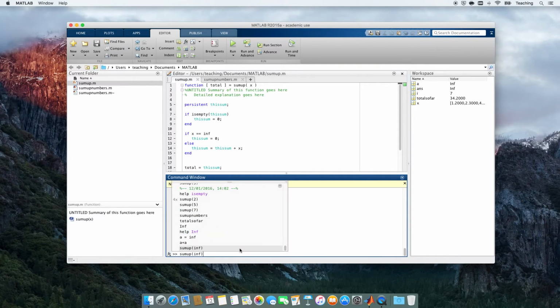So by calling the function from the command line, you can see we're able to test it outside of the script. So we can separate out our debugging, our fixing of the various bits of code into smaller pieces. This is a very nice feature of MATLAB. So now if we do sum up of 2, 4, yes, that all seems to be working. So if we go back to our